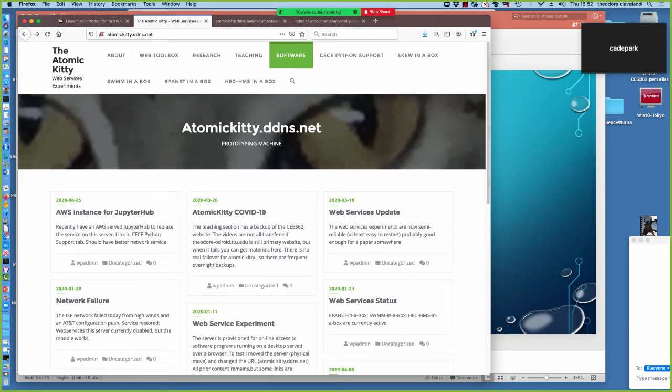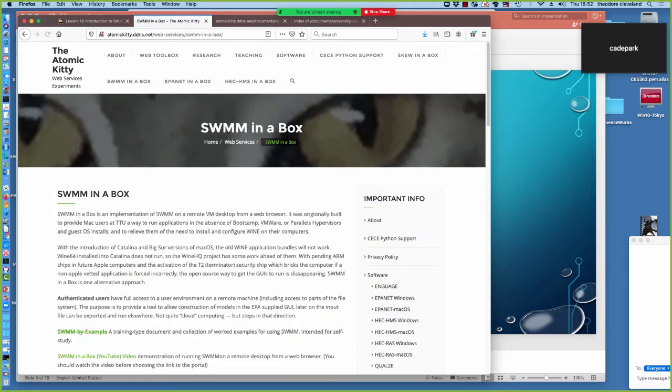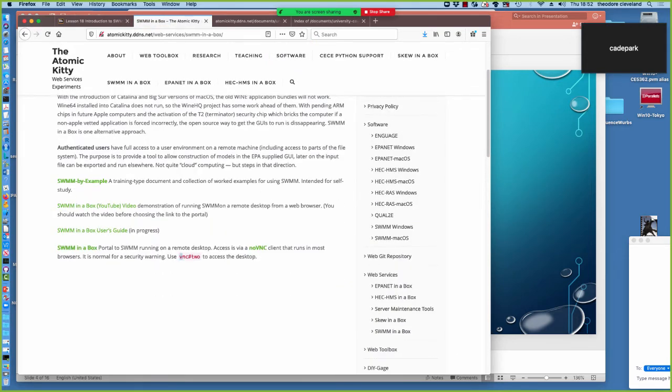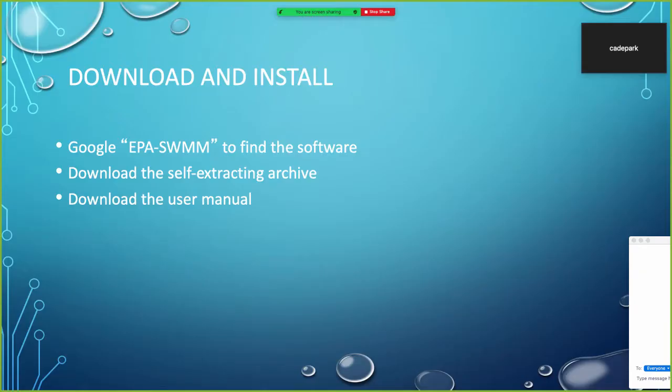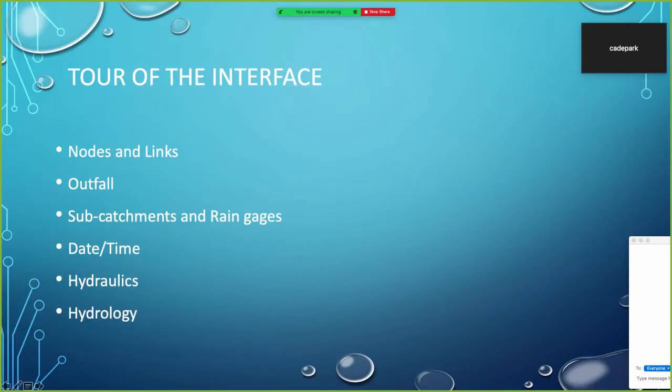We have one other option for SWMM, which is our friends SWMM in a Box, which we will go to later on in the lesson. So returning to the presentation, what we will do when we turn the thing on is we'll take a brief tour of the interface. The interface will look an awful lot like EPANet. The reason for that is the interface is actually written by the same dude,